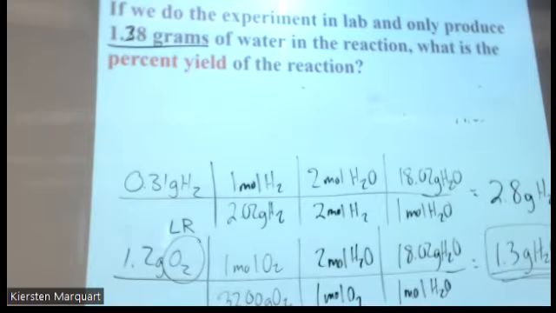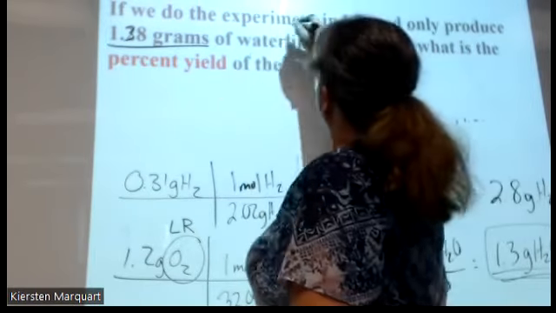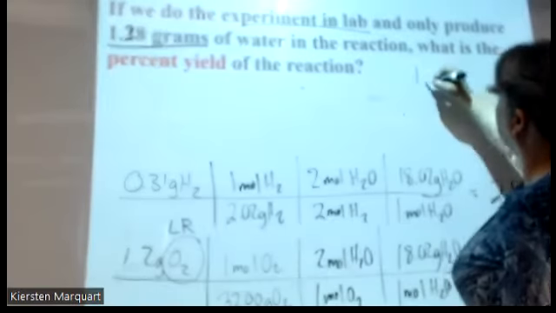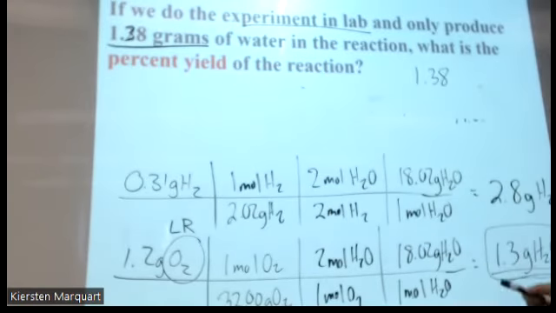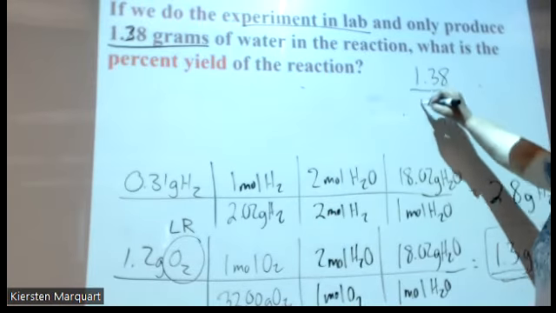So we were able to produce 1.38 grams of water. That is our actual yield because we did an experiment in the lab, 1.38. Theoretically, we should have only been able to produce 1.3